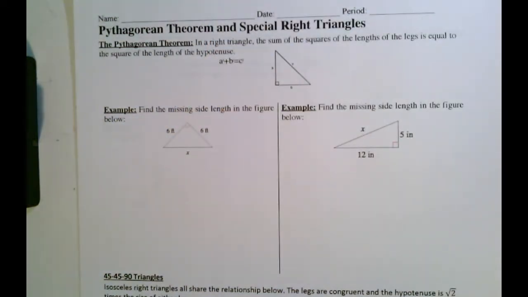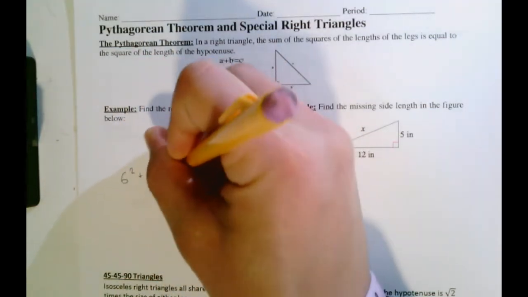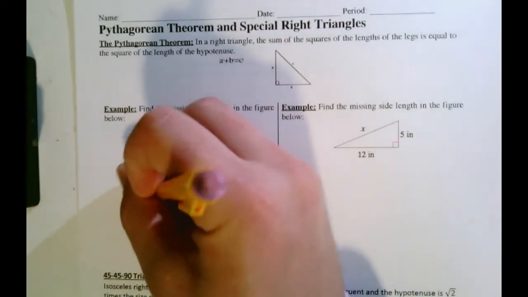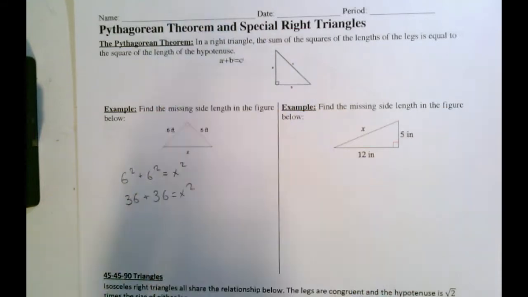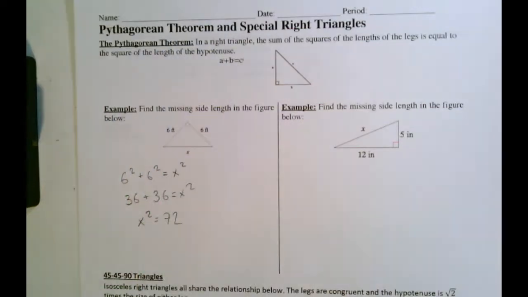So those are the legs, so I can write this as 6 squared plus 6 squared is equal to x squared. I just go through and solve this now. This gives me 36. This gives me 36. I'm going to combine like terms. I'm going to also flip it. So I'm going to make this x squared is equal to 72, which then requires me to solve this using